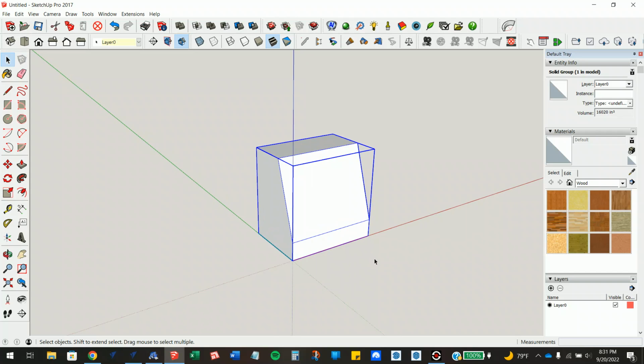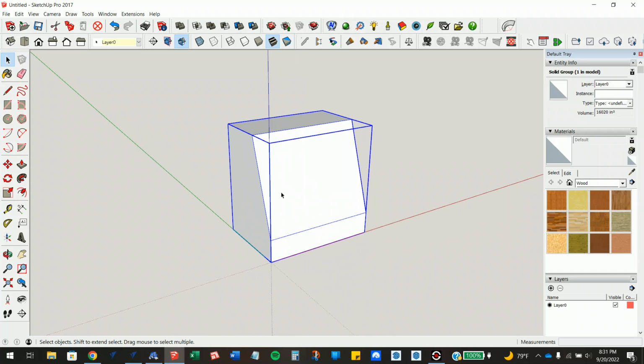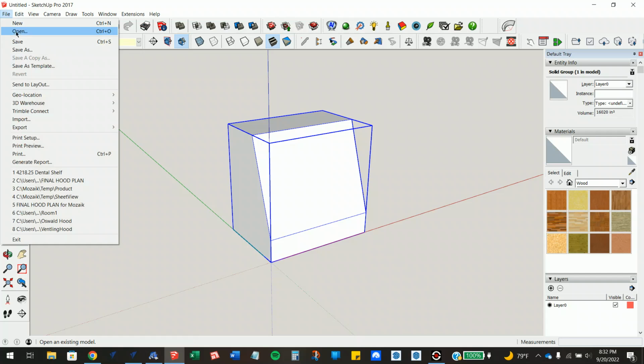And then the next important key is we need to save this back to Mozaik. What's important here is you can see I'm working in SketchUp Pro 17. I know there's a lot of misconceptions out there on what version of SketchUp models can be saved into Mozaik, but I'm here to tell you that it has to be 2016 or older for it to actually visually show up in Mozaik. So we're going to go to File, Save As,